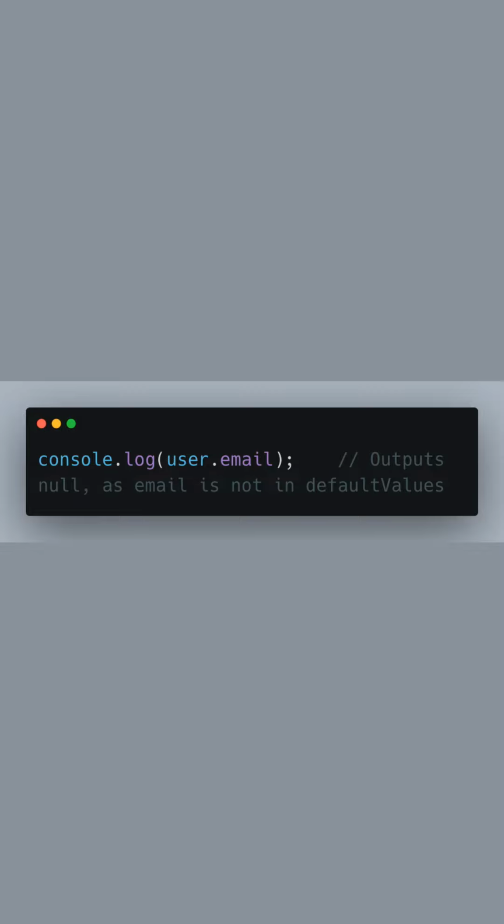If we attempt to access a property that isn't defined in our default values object, like email, the property gets initialized to null since there's no predefined default. The console will then output null,